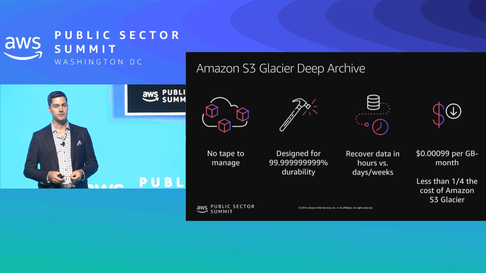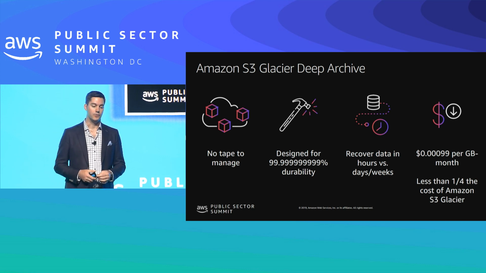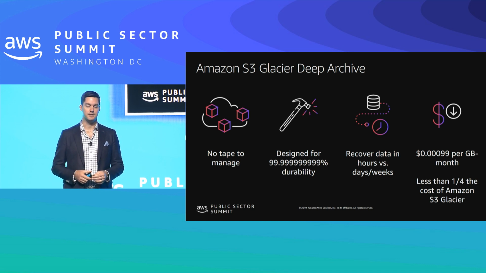Now when we built Glacier Deep Archive, we wanted to be crystal clear that we were not going to compromise on the durability or the availability. So just like Glacier, 11 nines of durability, 99.9 availability, and one of the real value propositions here is that you're able to get exactly the bytes that you request back